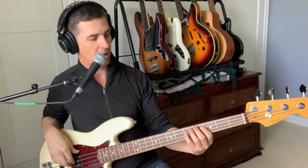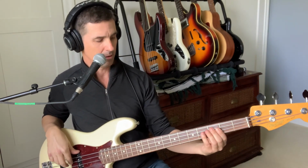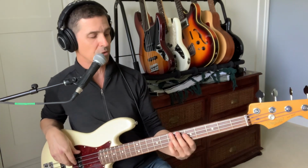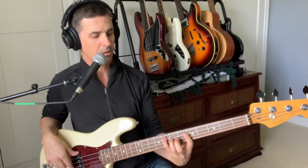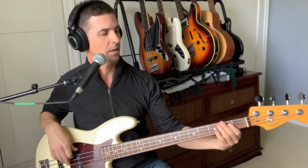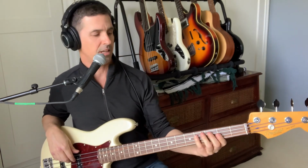So if you think from the 8, 5, and then the 7, and you just kind of wait, and then you do this arpeggio, and then you do the same exact thing 2 frets down, 2 frets down, and then it goes 4, 5, and so on. So again,